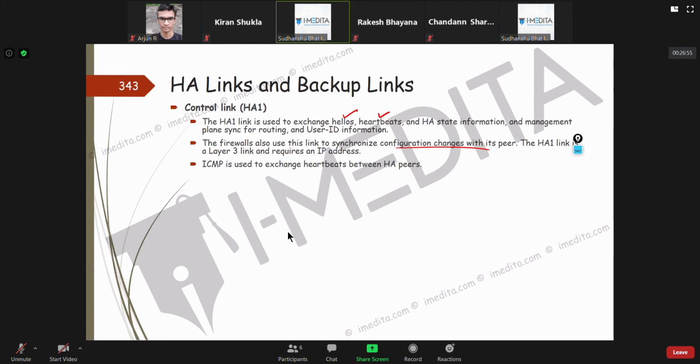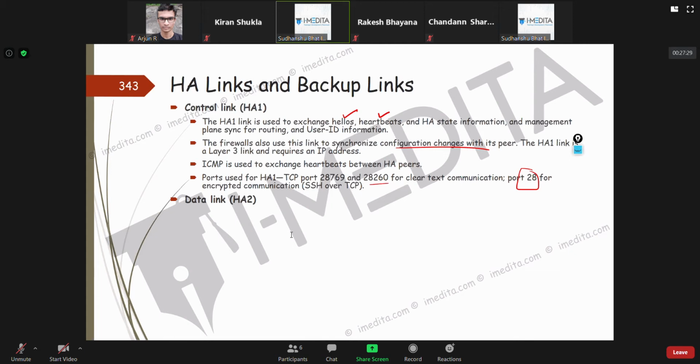ICMP is used to exchange heartbeats. The ports used for HA are TCP 28769 and 28260 for clear text communication. If you want to enable encrypted communication, then port number 28 is used, which is another port number for HA.